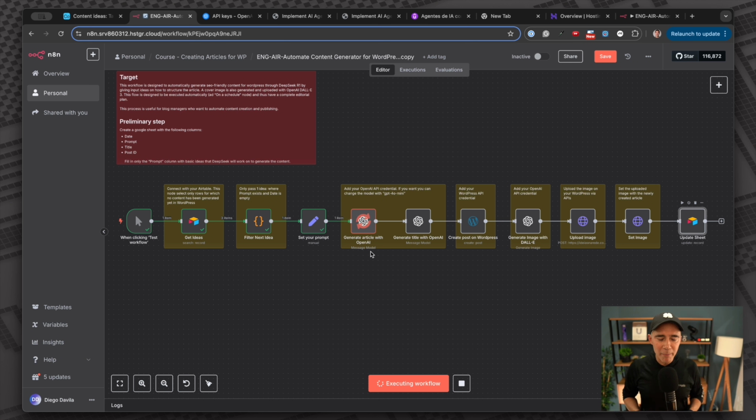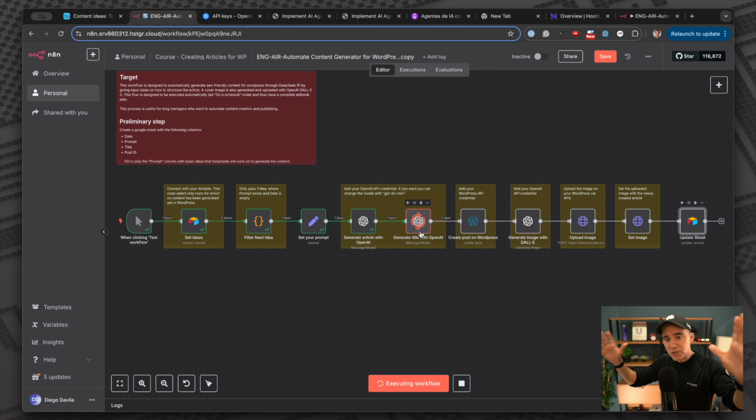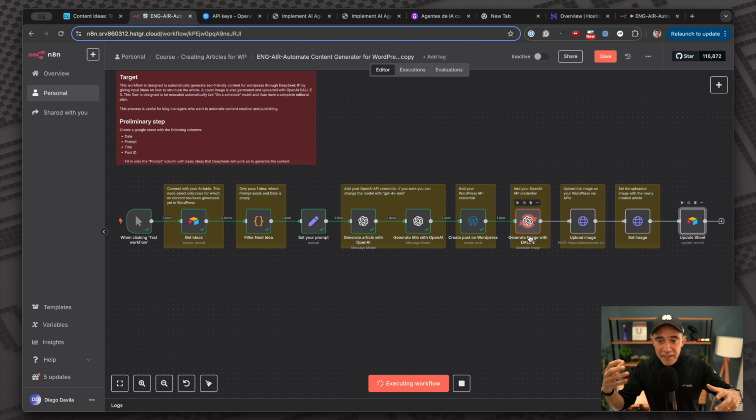At this exact moment, ChatGPT is writing a perfect, a beautiful, well-written article about your idea. Once this is ready, it will send to the next node the whole article, and the next node already analyzed and created a title, sent to the WordPress, is published on WordPress, and now at this time, after publishing on WordPress, if we go into WordPress now, we will see the post, the article here,